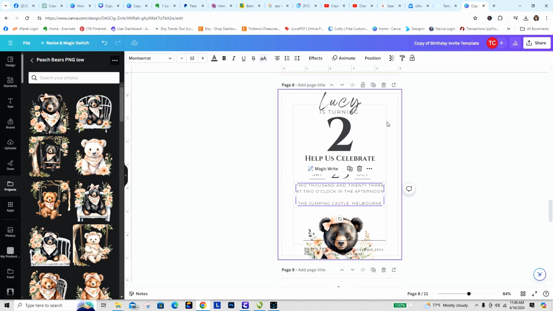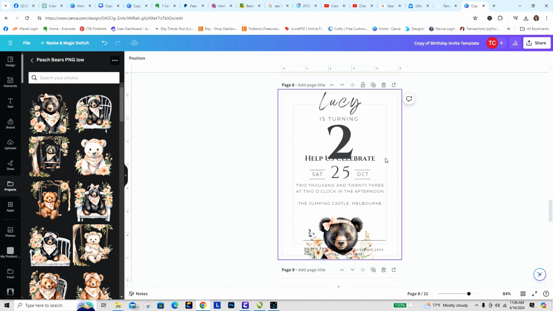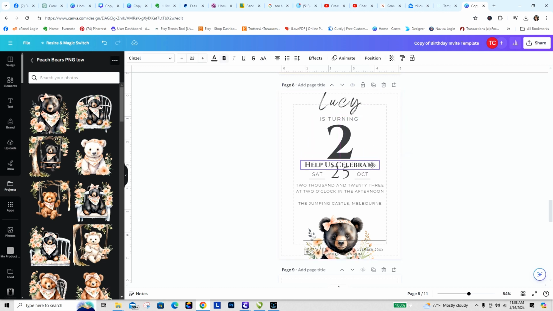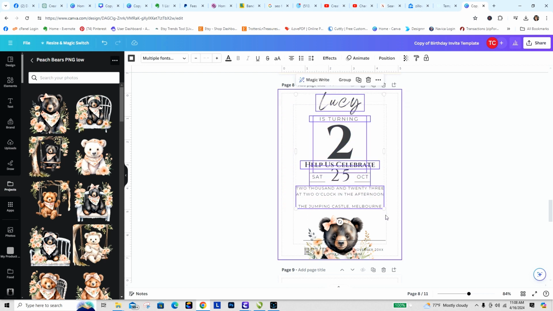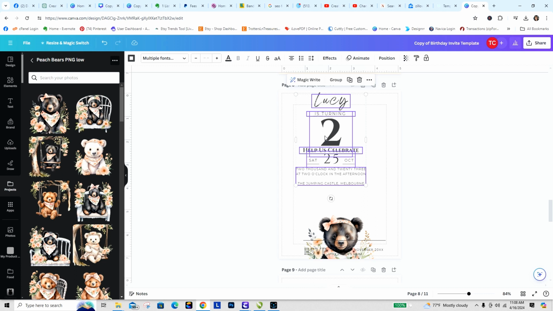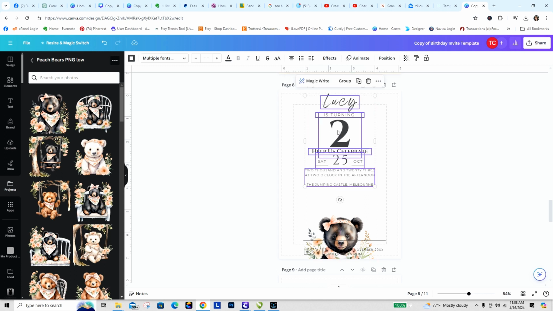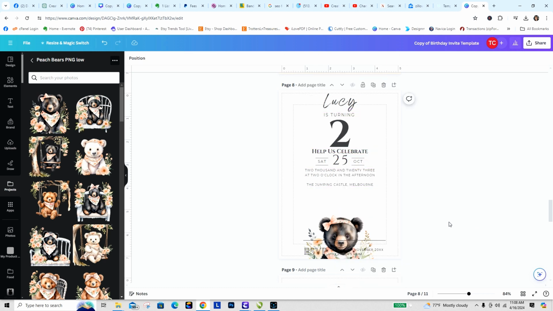Okay. So it's turn to celebrate, this and this. Okay. Now what I'm going to do is group all this together, and then I'm going to make it a little bit smaller and then pull it over, and let's see if it'll let me align everything to the center. Okay, so everything's aligned to the center,